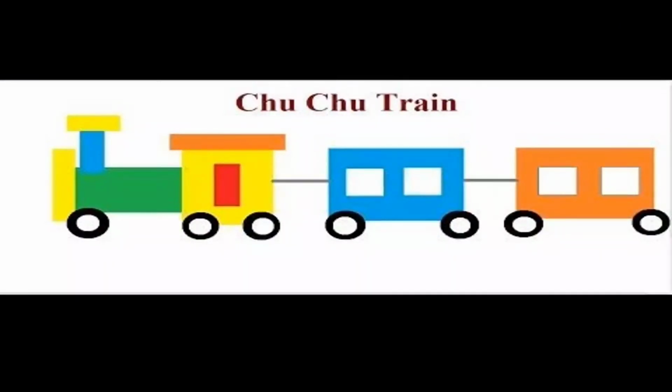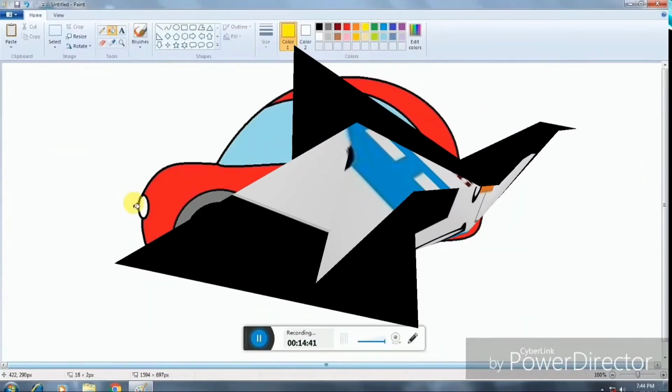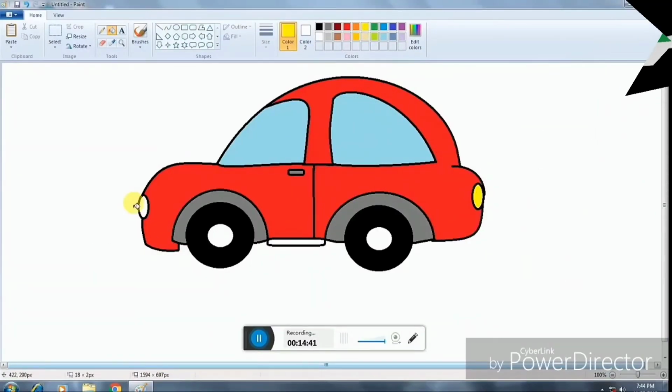Now you can see this image. I'm telling you about the shapes. This image is drawn by only using the shape tool. A train is here, made with the help of rectangles, circles, lines and triangles. Now see this car. Using such simple tools and simple colors, you can draw such a beautiful image. I know you also want to draw such beautiful cars, different types of bicycles and trains.